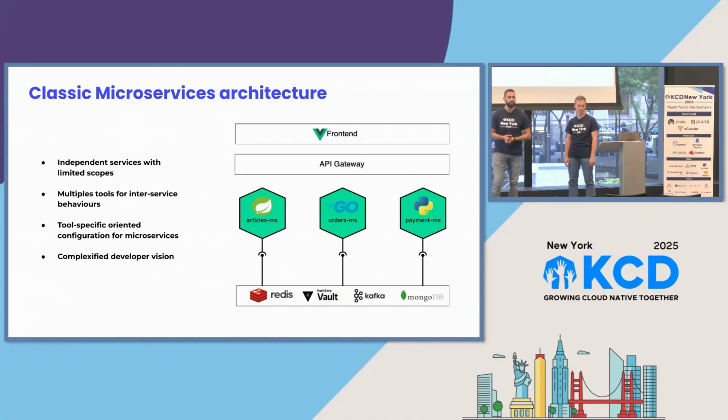I know for some people microservices is a new thing, but there is a classic way of building microservices that most people know, which is the way that you can see here. This is an e-commerce application that we developed to demo our solution and the way we used Dapr to develop a simplified, portable microservice architecture. As you can see, we've got 3 different microservices, and we've got a set of tools